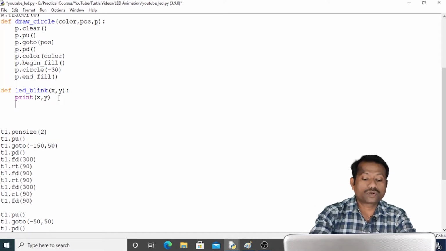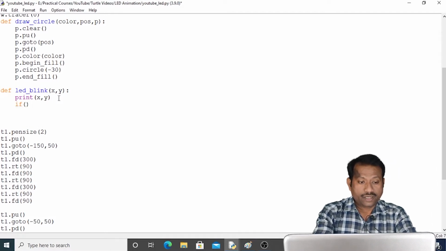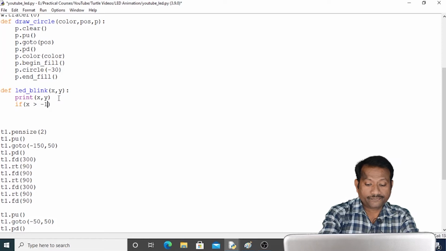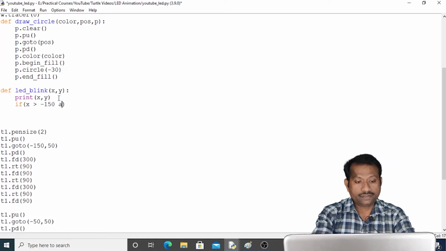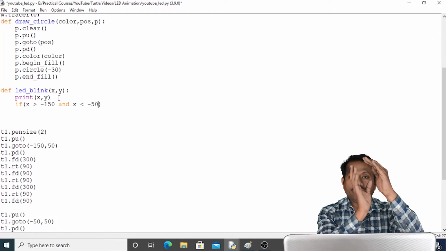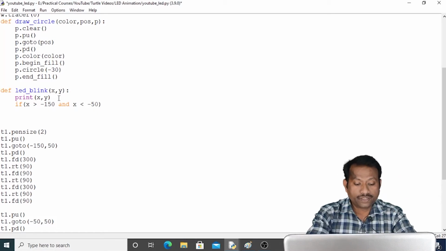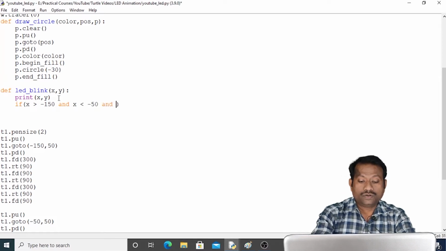So how will my program identify this? Here I have to say if x is greater than minus 150 and x is less than minus 50, it means I have clicked in the area of the red LED. Similarly, I have to check it for the y coordinate.